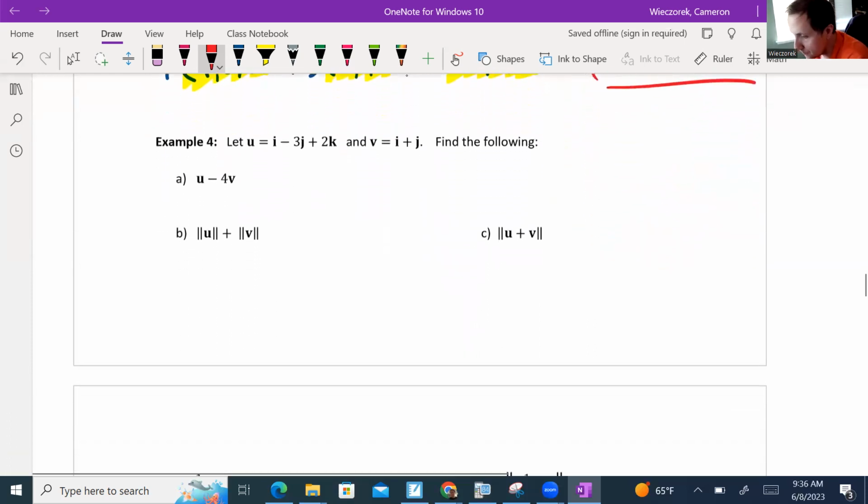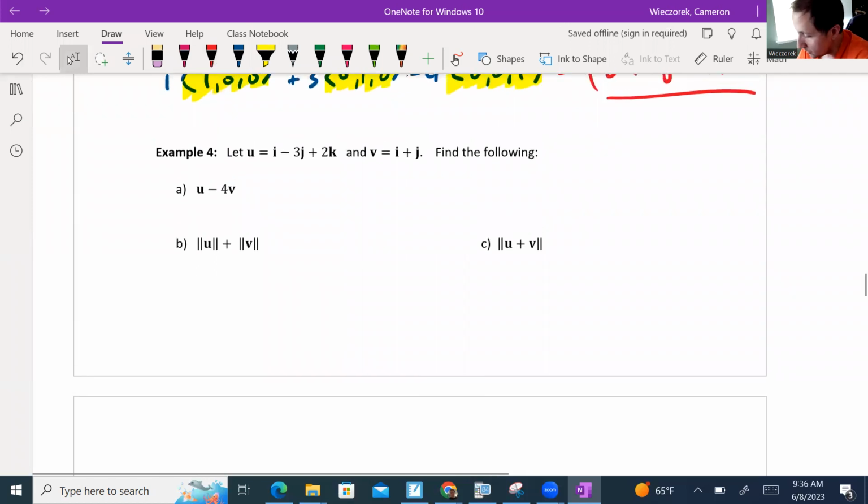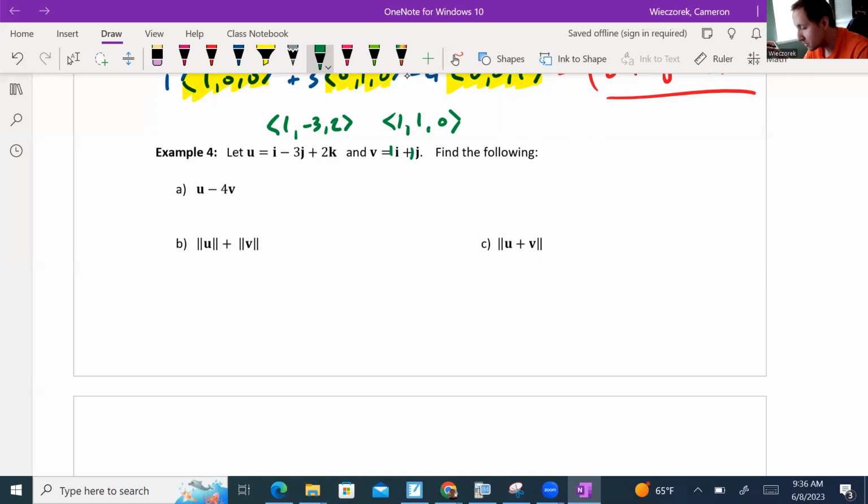Okay, so let's practice some of these computations. A lot of different things you can do. Here's my two vectors. I usually like to start in component form. It's easier for me to see. So I'm going to write this vector u as i minus 3j plus 2k. That's 1, negative 3, 2, if I write it in component form. And v is i plus j. Notice they only gave you two components, both of which have coefficients of 1. Since the first vector did have 3 components, we do want to put a 0 in the third spot here, since we have to make sure if we're going to add vectors, they have to have the same number of